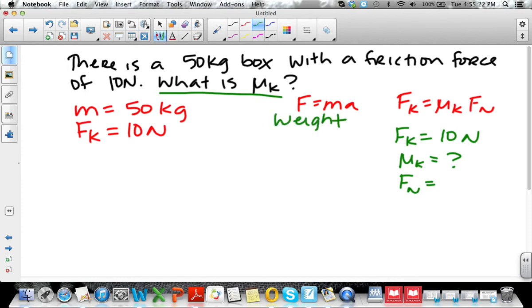Because the weight matches the normal force. Okay, the weight is the same as the normal force. So I'm going to use F equals ma. F is the one I don't know, because F is the weight. Mass, they gave me that one. And acceleration,